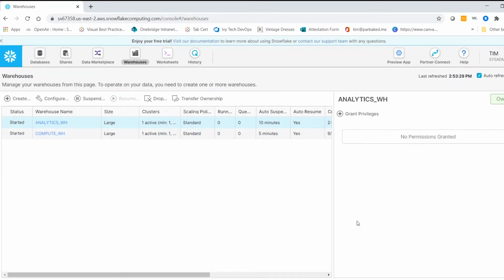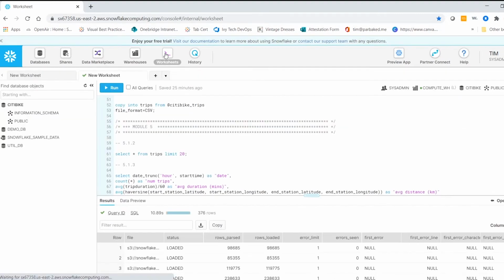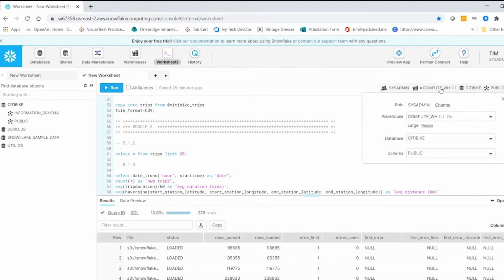And then I'm going to go back to worksheets. Okay. Over here in my context, I'm going to change my warehouse from compute to the analytics warehouse that I just created with its size large. Okay. So now we have,